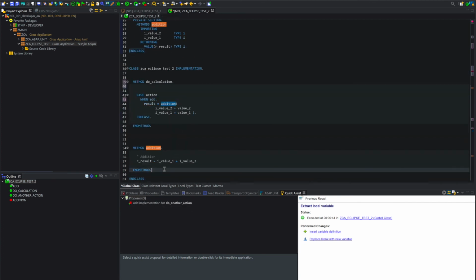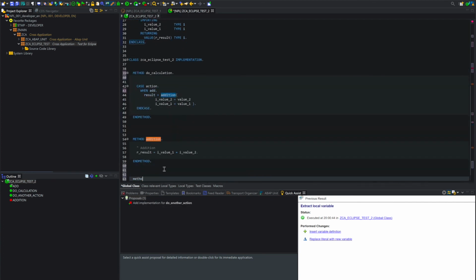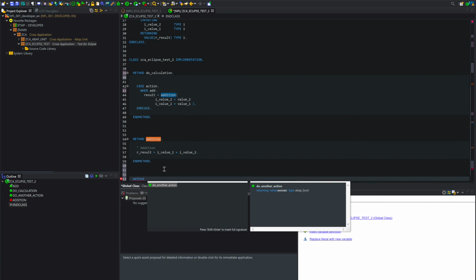now I do my code. I just press right method, and now I press control space. Automatically, it will propose me the name do another action, because it knows I have created a declaration of this method, but I don't have an implementation.